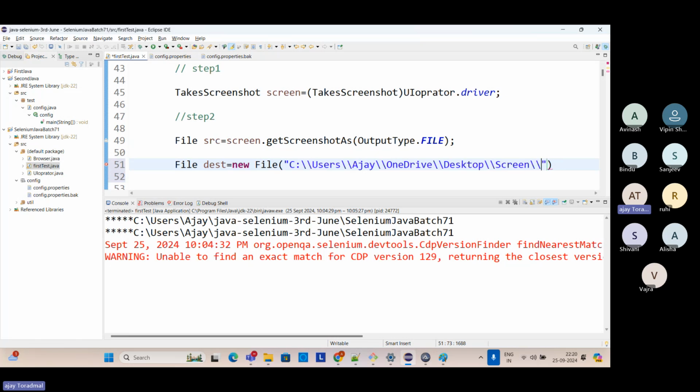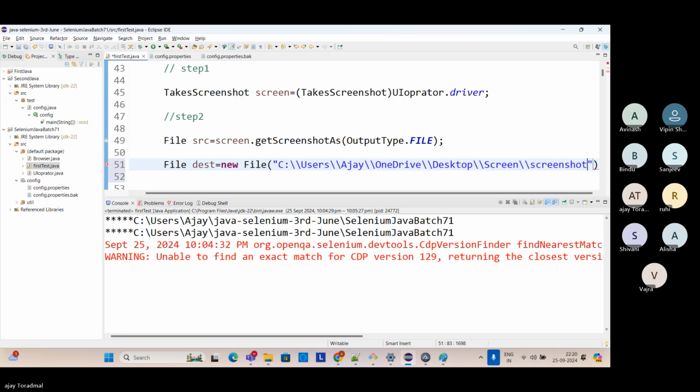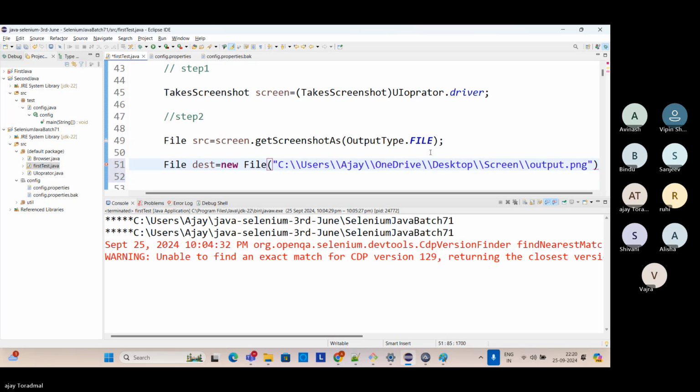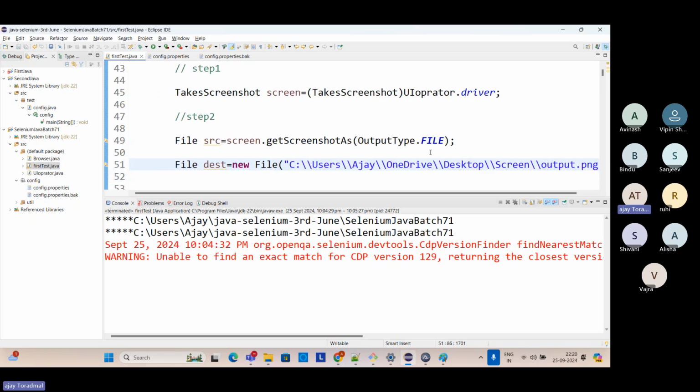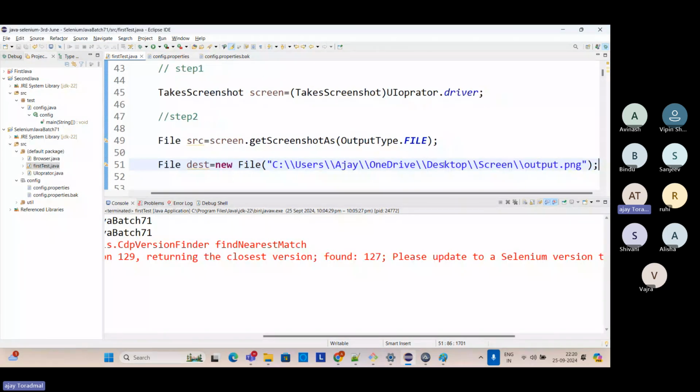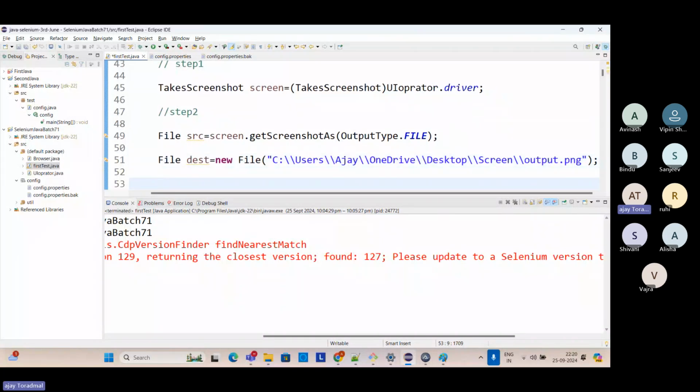So I'm going to add that particular path here and I'm going to say screenshot, or maybe output dot png. Output dot png. And then finally I'm going to say the last method, FileUtil dot copyFile. FileUtil dot copyFile. Right, then I'll say file